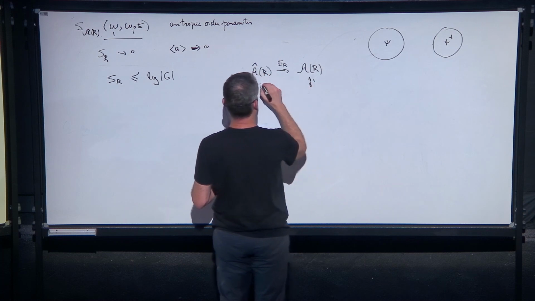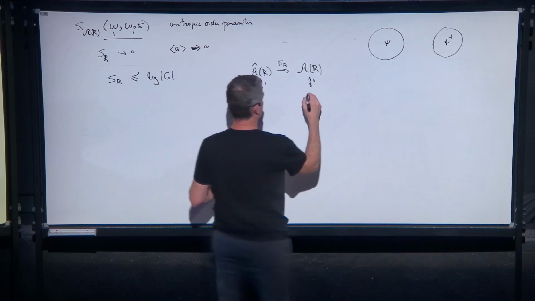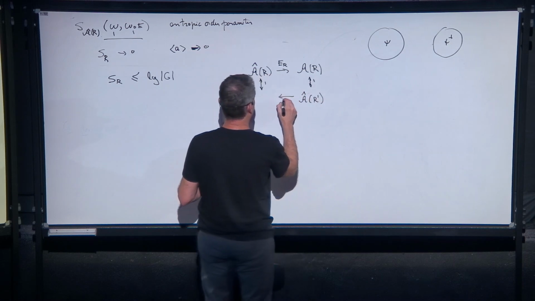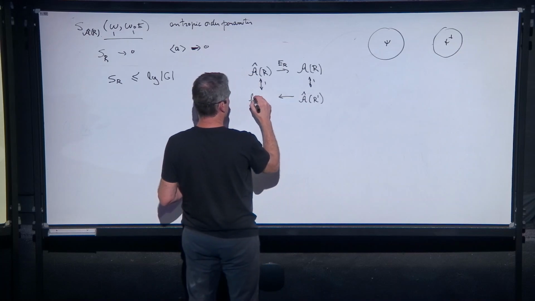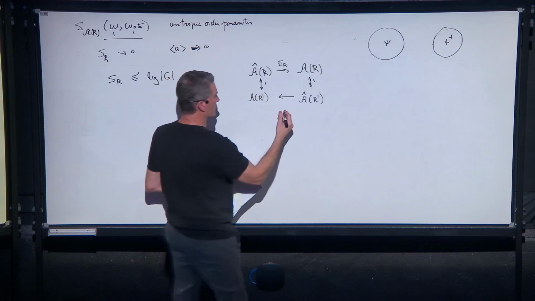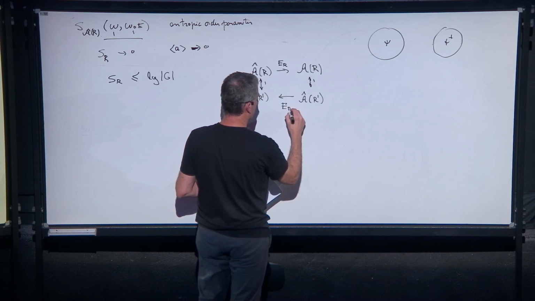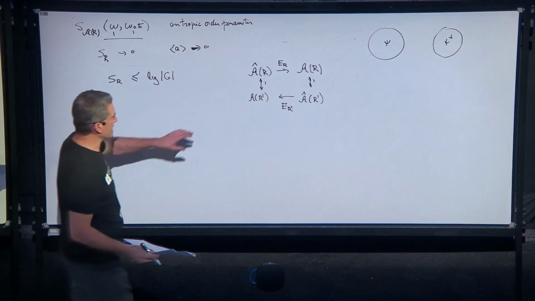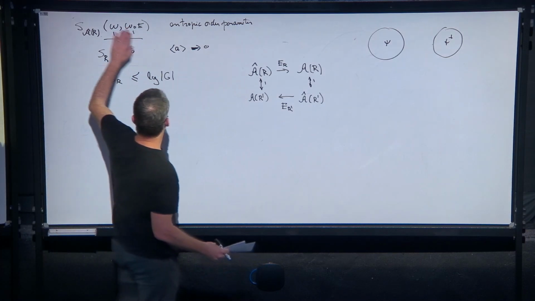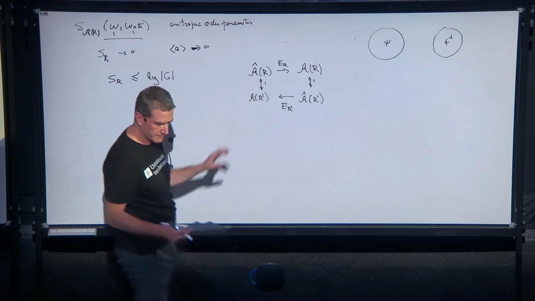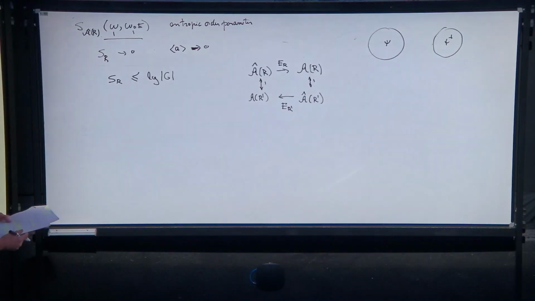Again, I take commutants, and here I have the big algebra for the complementary region, and I have the additive algebra for the complementary region. And then for this other complementary region, I also have a conditional expectation, R prime. So in principle, there are two possible order parameters, one corresponding to this inclusion and one corresponding to this other inclusion. So I would like to take advantage of that to make a better upper bound here.